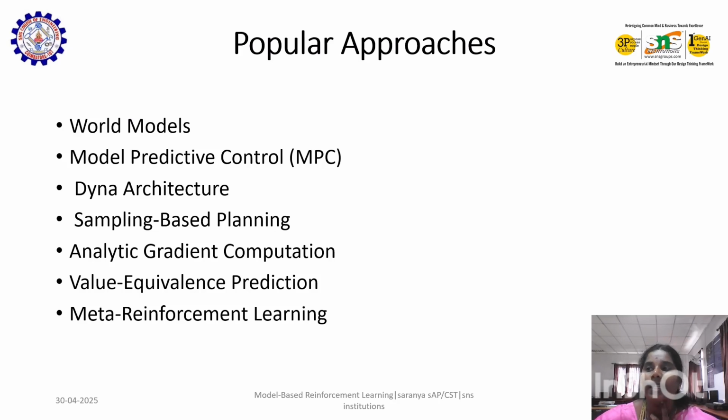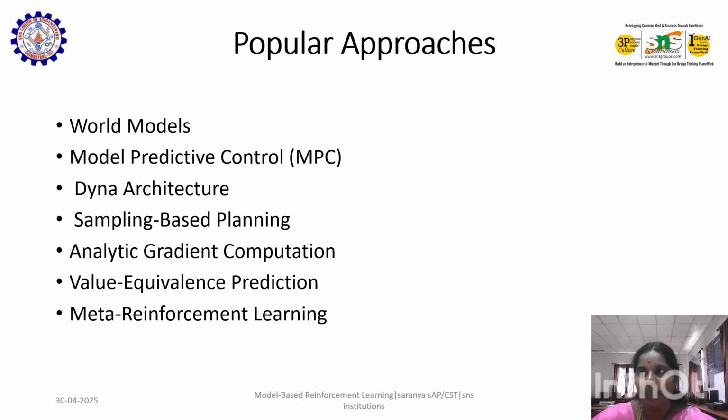The architecture is to combine the model learning and data generation with policy learning in an iterative process. Then the agent learns a model of the environment, which can be used to generate synthetic experience for training. For example, the Dyna algorithm alternates between updating the model and refining the policy based on both real